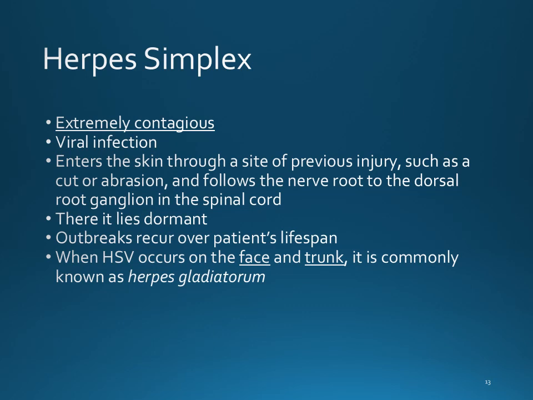In fact, if you get it on places other than the mouth or genitalia, it's called herpes gladiatorum. Okay? It's just a different version. We've heard herpes simplex 1, herpes simplex 2. There's others. The thing about it is, once you have it, it is with you for life. It actually will go and lay dormant in your nervous system. And what will cause an outbreak is some sort of stress to your body, whether that's emotional, physical, like you get really sick, you may have an outbreak.